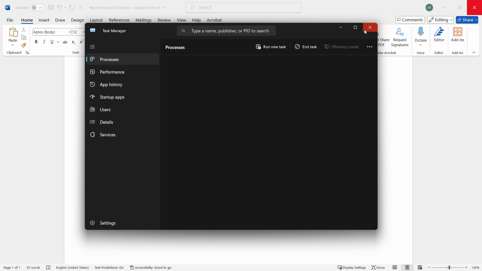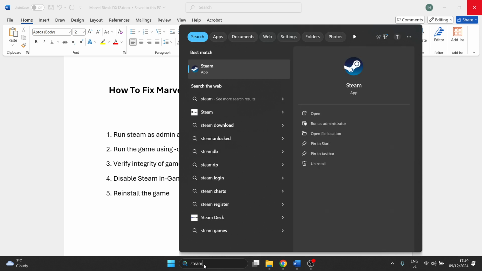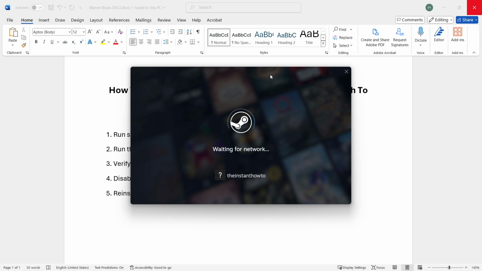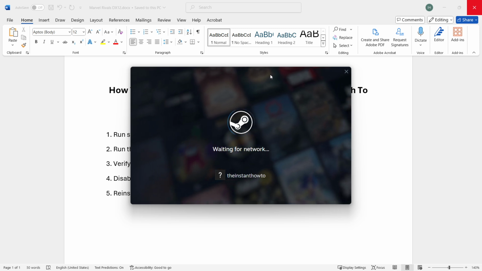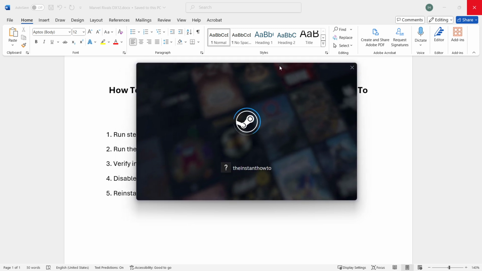Now, you're going to close this down, look for Steam inside the search bar here in Windows down below in the middle, right-click on the Steam app and press Run as Administrator. Once you press this, you may have to enter in your admin PIN. If it asks you to, that's fine, and then Steam will start loading up. The next step will be that you'll likely have to log in to your Steam account. So in case it asks you to log in, simply put in your username or email and your password